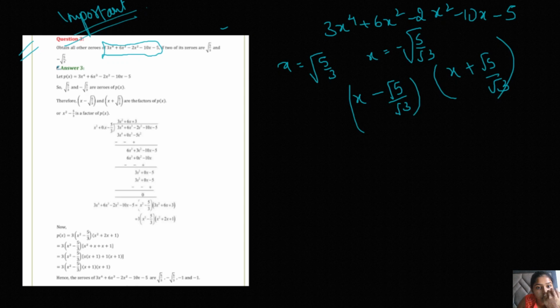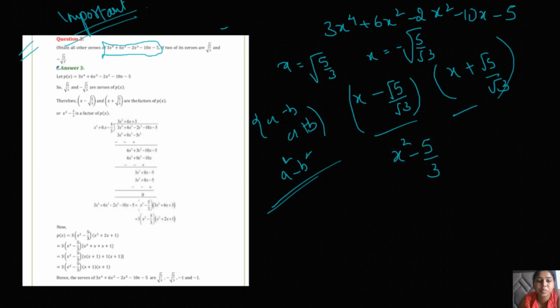You can just know that this is the formula for a minus b, a plus b, and you will be getting a square minus b square. These are the identities I also told in class 9th sessions. Have a look there. I have also prepared the whole chart for these identities. You can just have a look and note these identities down. So it will be something like this.